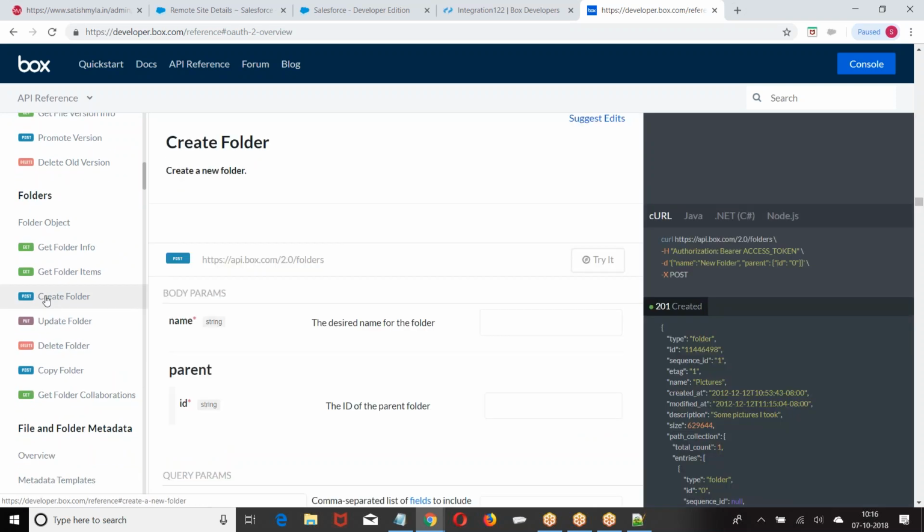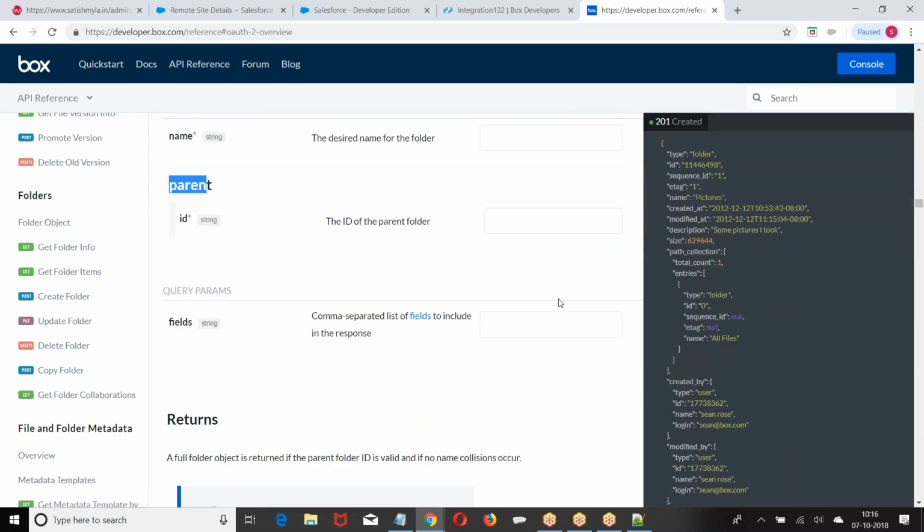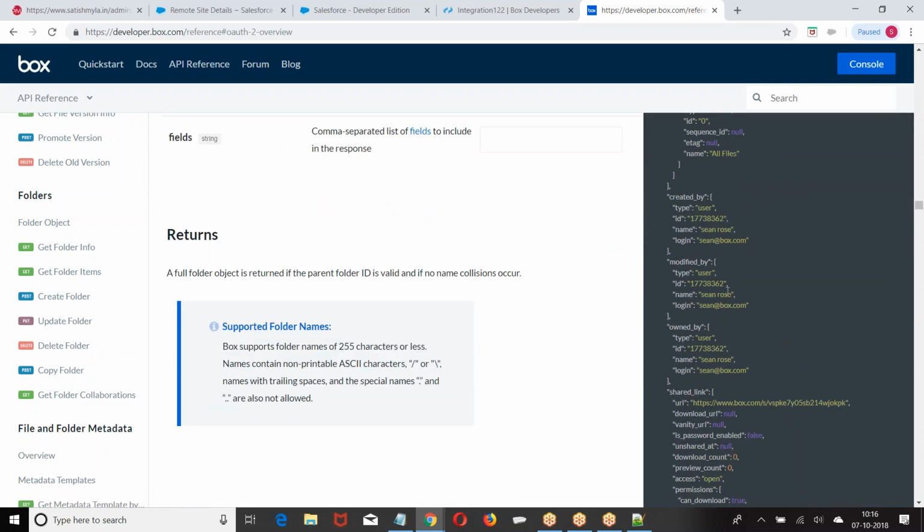So what do we do here initially, create a folder. We are trying to create a folder. What type of method is this? Post method. What are the parameters we need to pass? Name, parent ID. What is the format in which I was supposed to send? My request is